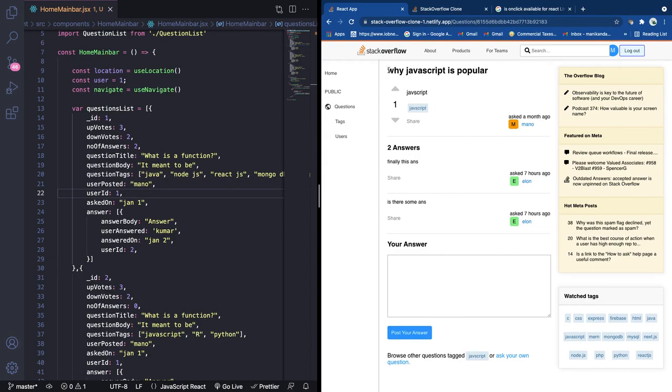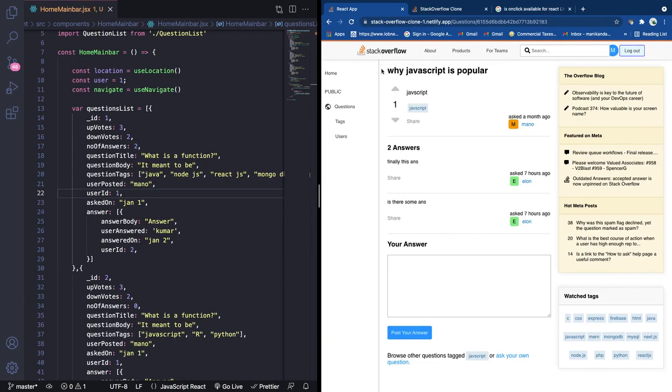Here we are displaying the details of the question, and anyone can answer from here, and the answers are to be displayed here. It also shows the number of answers already present, the time asked, the user who has asked it, as well as share. We have many options here. We can also post a question from here, as well as upvote and downvote. So first we will do this